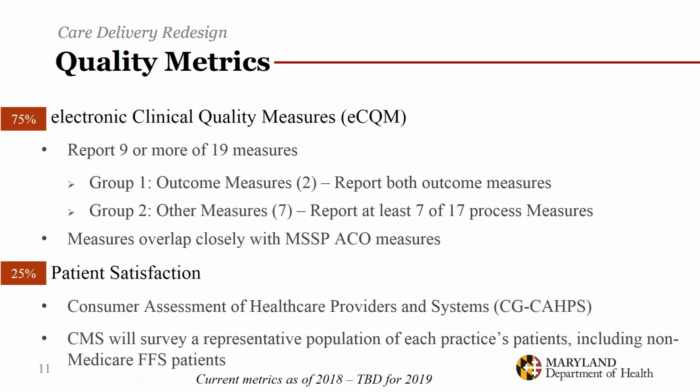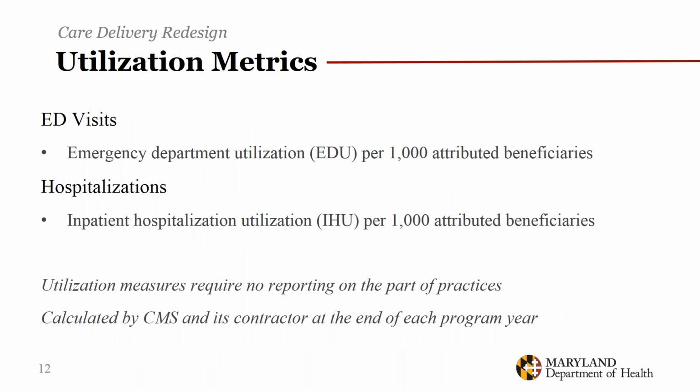So as I said, there are metrics, like any CMS program, that you would need to report and meet as well. So the way the quality metrics work in the program is there are electronic clinical quality measures as well as patient satisfaction. The electronic clinical quality measure makes up 75% of the quality score, while patient satisfaction makes up 25%. So for the electronic clinical quality measures, or ECQMs, you would need to report at a minimum 9 of